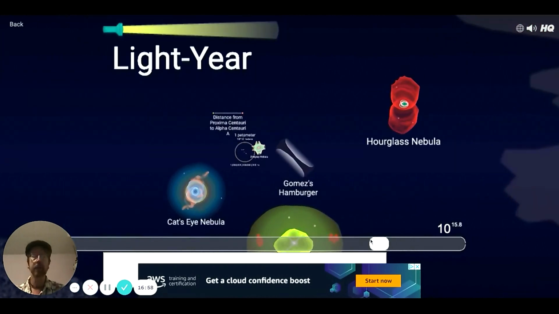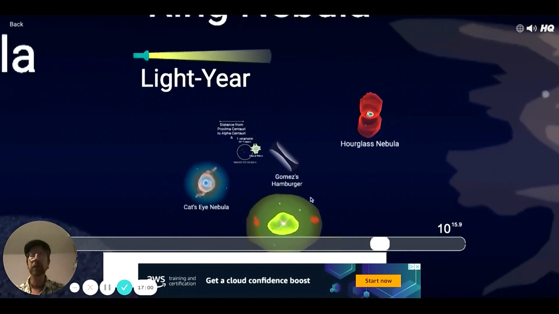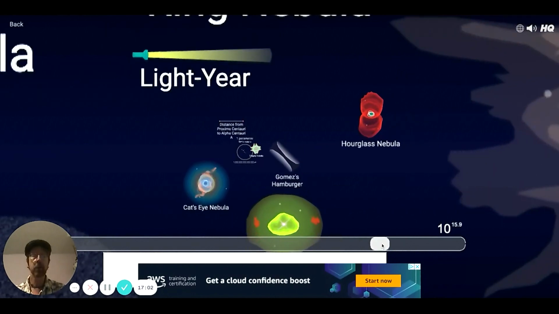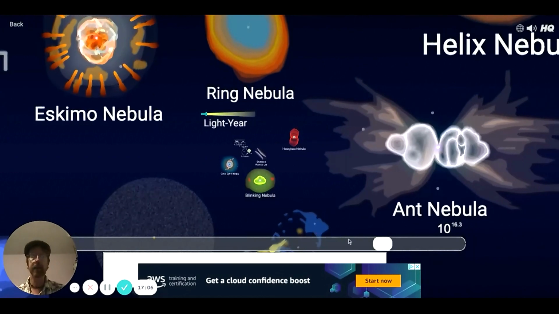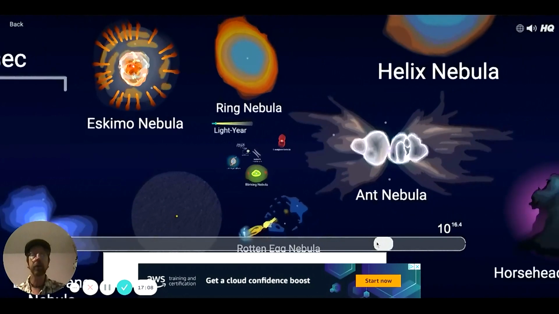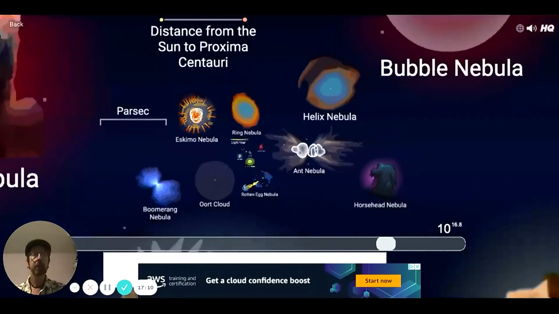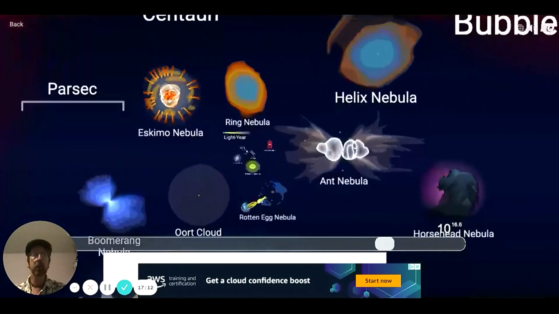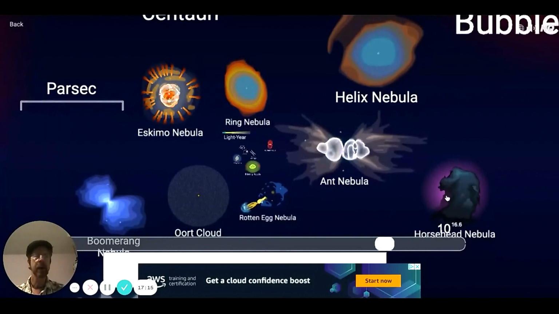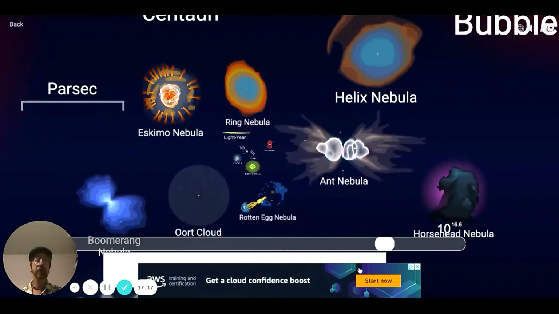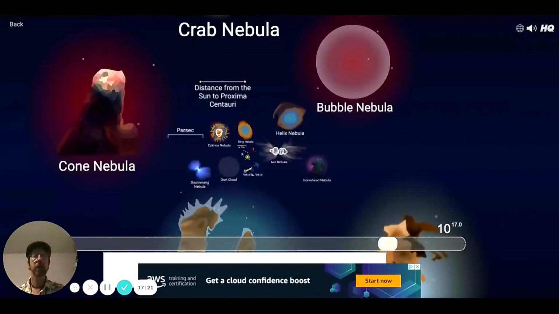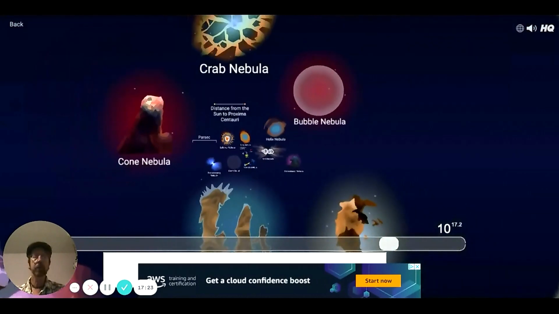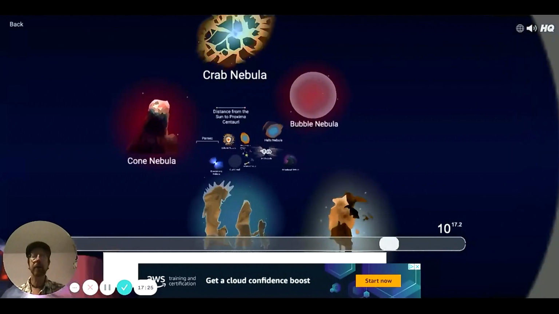Cat's Eye Nebula. Now we're up to how far light travels in a year. Cool. The Ant Nebula. I can kind of see an ant. Eskimo Nebula, no clue. Bubble Nebula. Oh, the Horsehead Nebula. Yeah. If you look at the real picture, you can see it looks a little bit more like horseheads. Boomerang Nebula. The Bubble Nebula. Cone Nebula. Crab Nebula. I don't see a crab, but